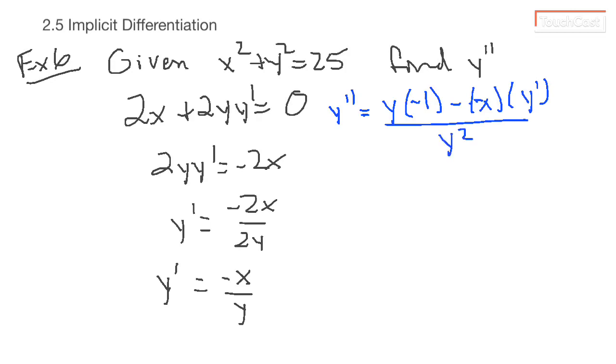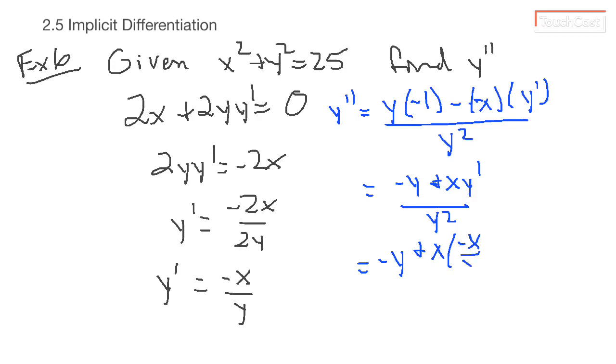Now let's clean this up. If we clean it up, we're really just going to be left with negative y plus x y prime over y squared, but we know y prime. Y prime is negative x over y. So we're going to have negative y plus x times negative x over y all over y squared,